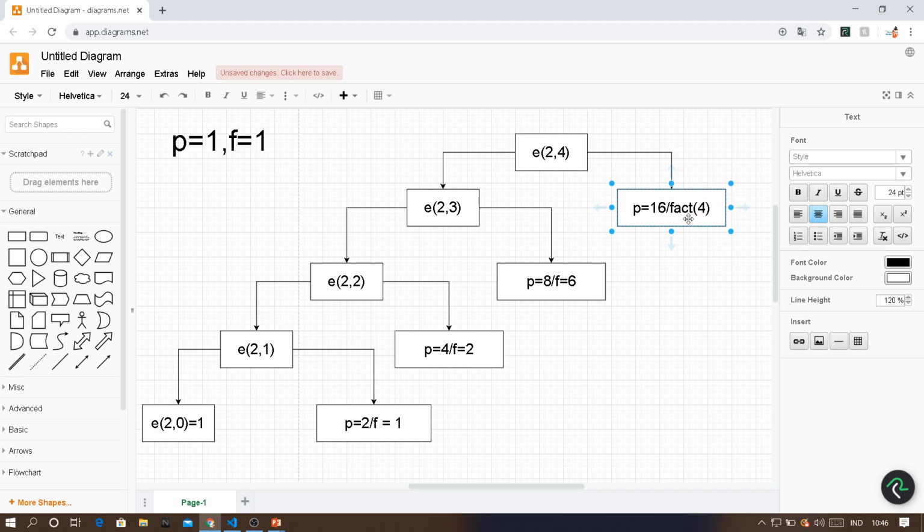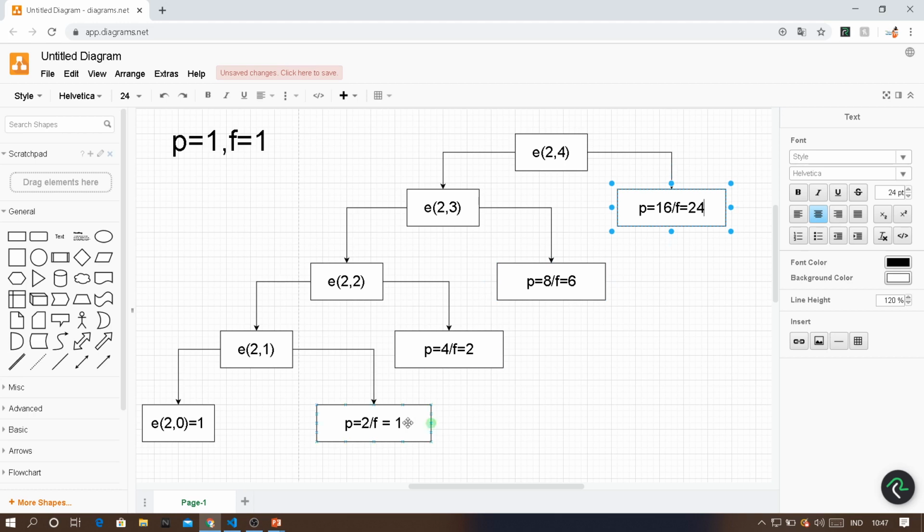Okay, now factorial of 4. Already you have the answer of factorial of 3. Now how to find factorial of 4? You have to multiply the present value of n, which is 4, with the existing factorial value. So 6 multiplied by 4. What will be 6 multiplied by 4? 24. So f is equal to the existing f value multiplied by the present n value, which is 4. The existing f value is 6. So 6 multiplied by 4 will be equal to 24.